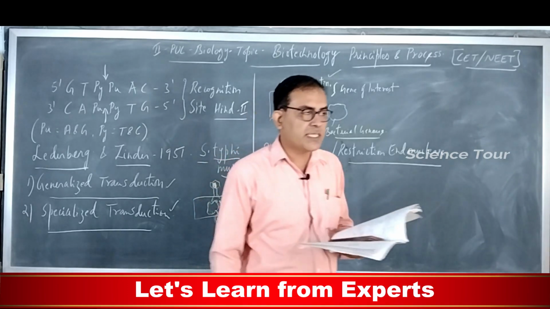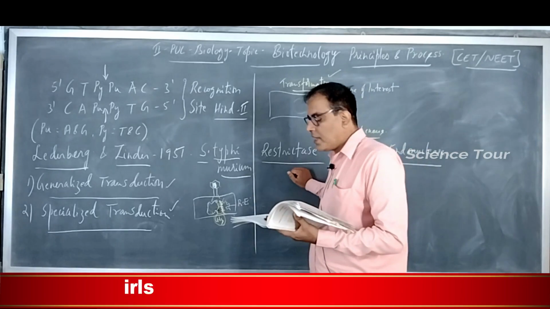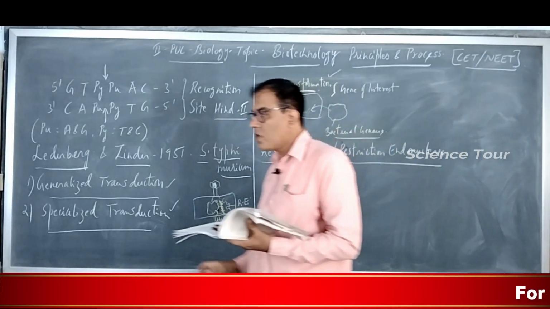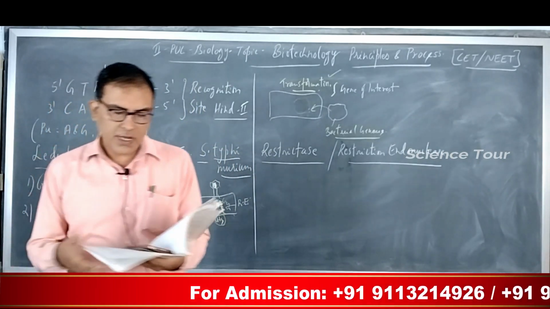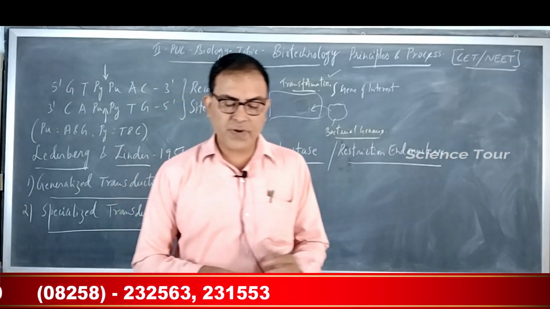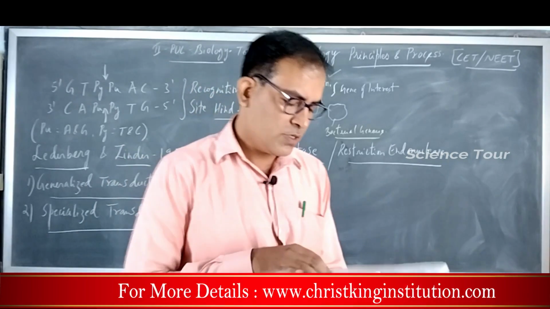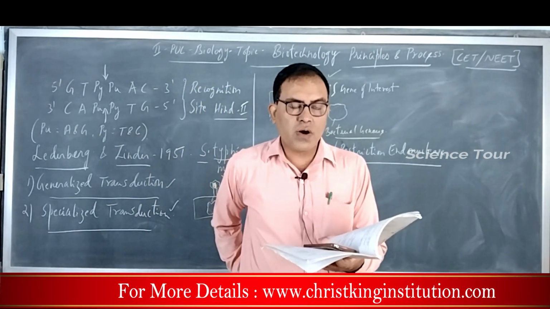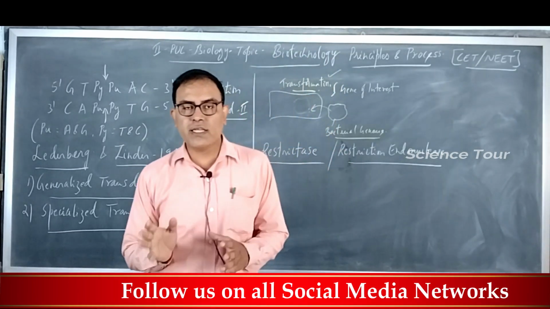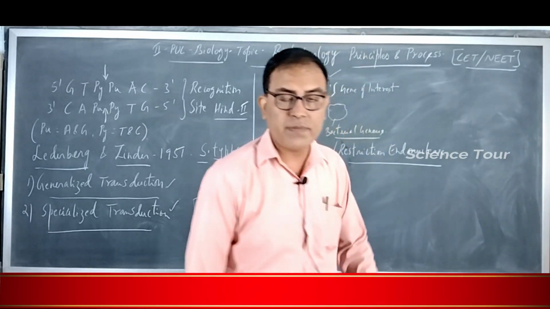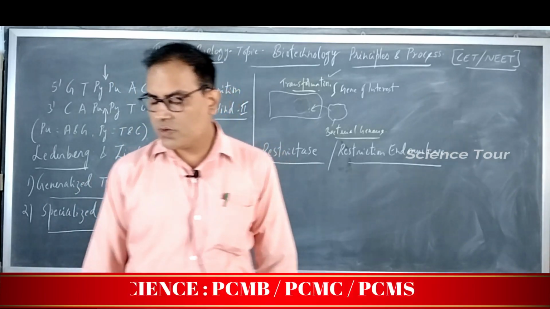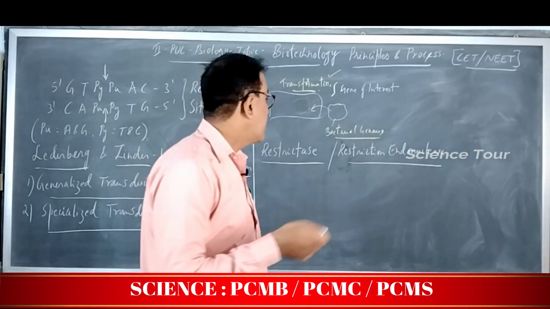There are different types of restriction endonucleases, like type 1, type 2, type 3 and type 4. All these different types are categorized based on their composition and the requirements of cofactors of an enzyme. They are categorized into different categories based on their composition and the cofactor requirements of an enzyme. Restriction enzymes are classified into different types, type 1, type 2, type 3, type 4, etcetera, depending on the kind of cofactor needed and their composition. Okay, we do not need the details, but you should know some extra information about this.